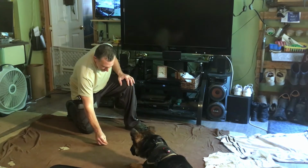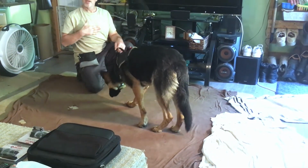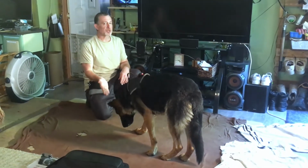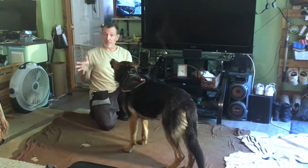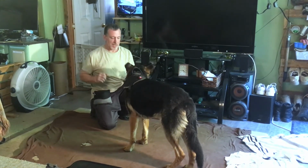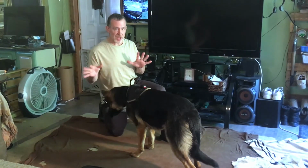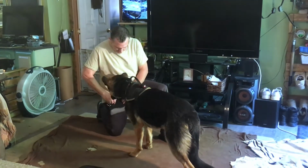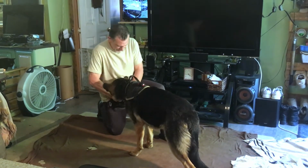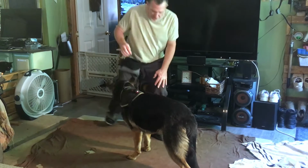Again, come. Come. Look at that. This is the first time we've ever been treat trading him. This is the first time, other than with his meal, to teach him to sit. Now, the other question somebody asked me is, how do I get them to sit long enough to feed them their bowl? I don't think I have any treats here. Yeah, I've got a couple of little crumbs left. So what we do is